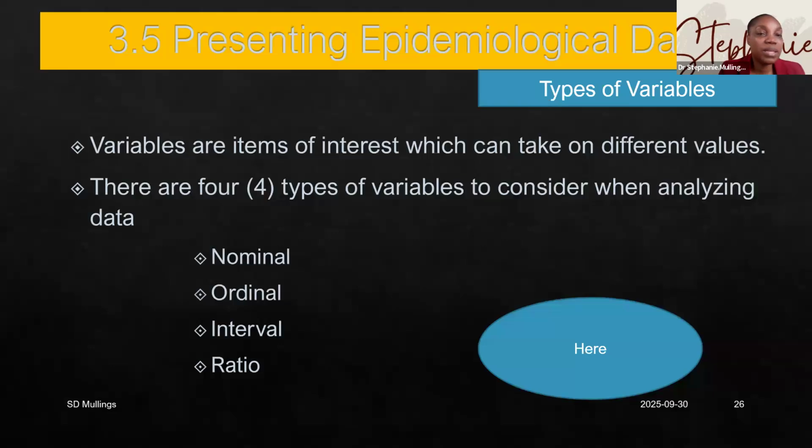So let's just talk about how we present or represent epidemiological data. Based on the type of variable, then you would make the representation. And so to consider here are the types of variables: nominal, ordinal, interval, and ratio. This I'm sure you would have had classes on when you did biostatistics or when you did research methods. And so I won't delve too much into this, but just to remind you of what these are and how